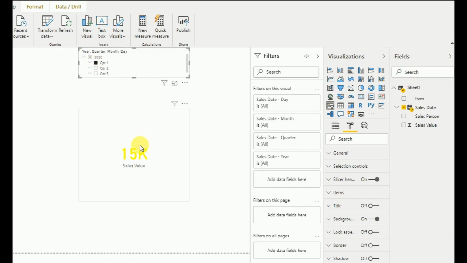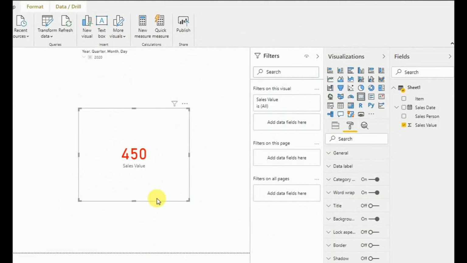As you can see now it came to yellow. If it is 10,000 to 30,000, it should display yellow. So that's also fine. Then if I select again, that's also fine. I'll select a month, maybe January. As you can see now it shows as red. So our conditional formatting is working correctly.